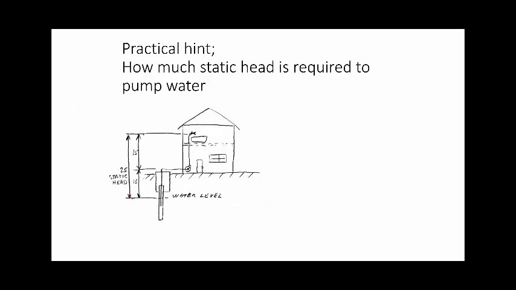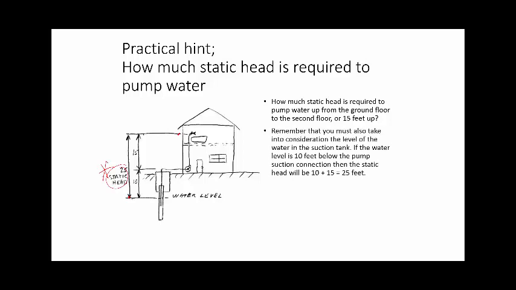So just a little hint. If I have to move water from this point to that point, and there's a difference of 25 feet, well, I know that I need to provide at least 25 feet of head, but then I have to add the friction losses to that. So let's say that you calculate the head needed for a pump and you get 23 feet. You know that's wrong, because you need to at least move that water 25 feet plus overcome the friction losses. Okay? So you take into account the level of the water. In this case, you have 25 feet. So this is what I just said, at least 25 feet plus